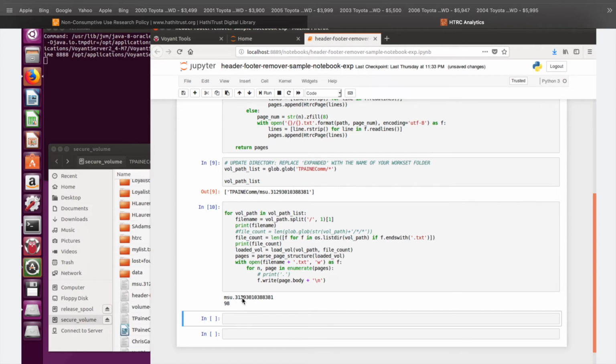So again, you see on the other side, this is your in, and then this is your out. You'll see the HathiTrust ID again, and it'll show you that there's 98 pages. When you see that number, it doesn't really mean anything to you, except that now you know how many pages there are in Common Sense. But it also indicates that the program has run and it's finished, and you can now move on to